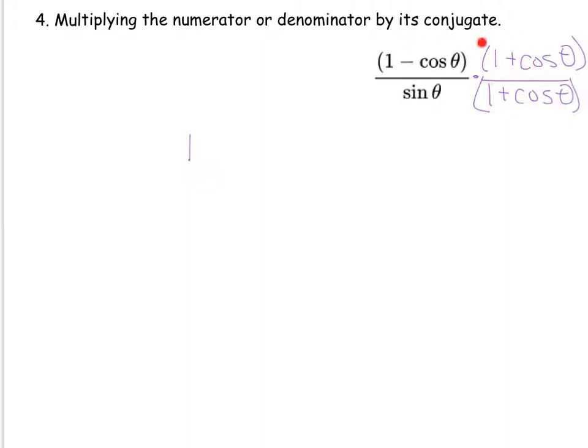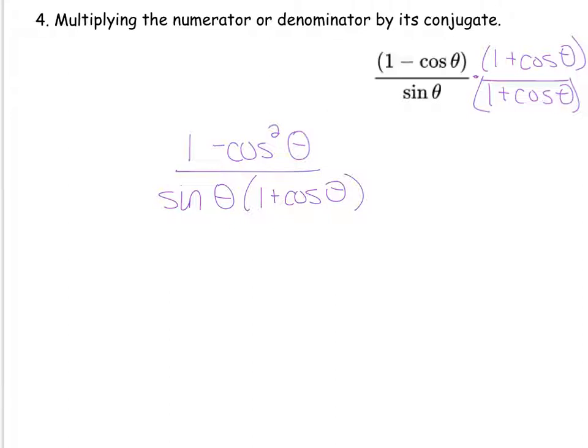Plus cosine theta minus cosine theta goes away. That's the reason we did that. And then minus times a positive would be negative. That would be negative cosine squared theta. When you multiply by the conjugate, the middle term goes away and you end up with this difference of squares. And then on the bottom, the denominator, we have sine theta times 1 plus